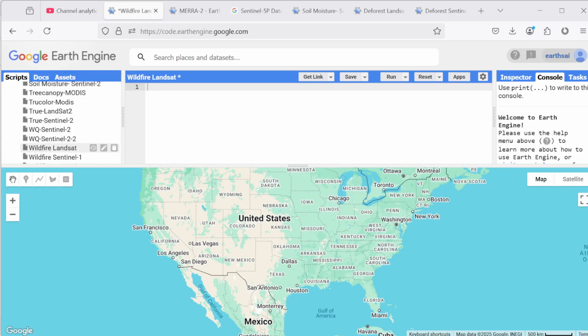Hi, today we want to learn wildfire burn scale mapping, or wildfire mapping, using Landsat and dNBR in Google Earth Engine. Wildfires significantly impact ecosystems, human settlements, and air quality, and remote sensing provides an effective way to monitor burn scales using